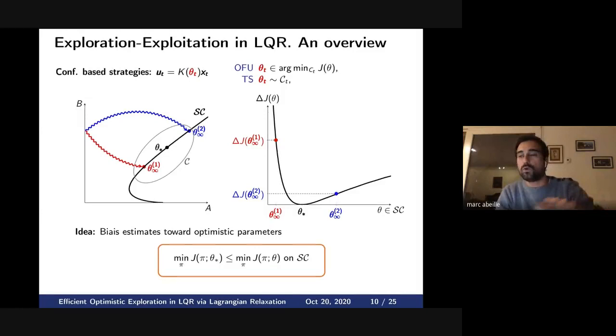Among all the points in the confidence set, the true parameter theta star is actually the optimistic parameter. And so it's the one that offers the best performance among all those parameterizations. And so it suggests that we should bias the estimation towards optimism